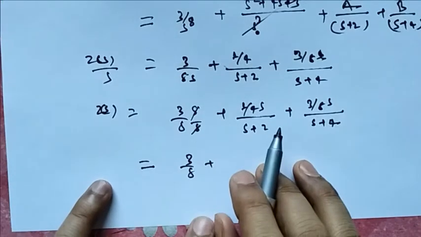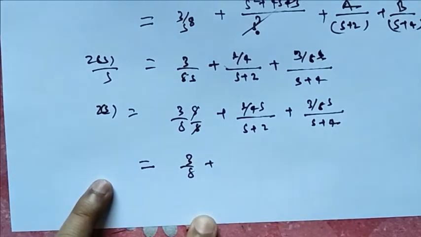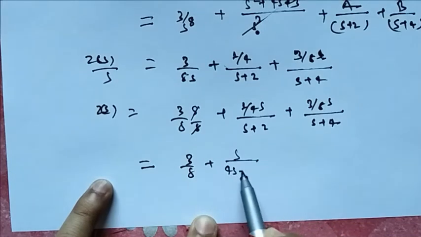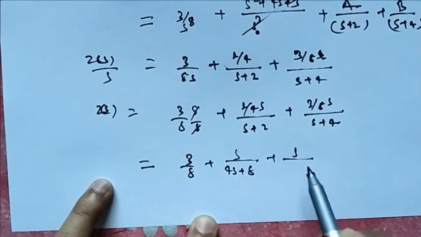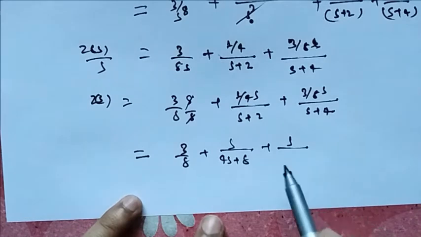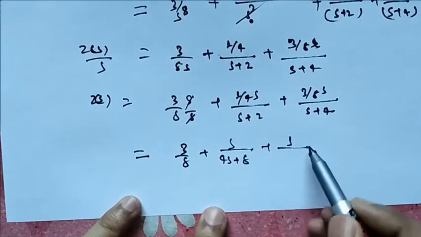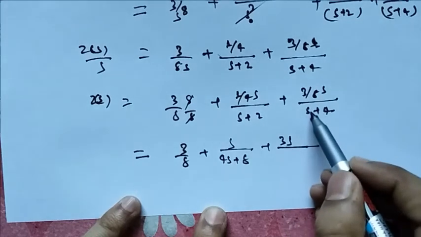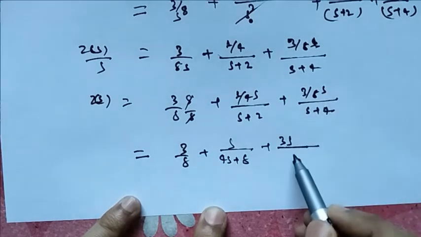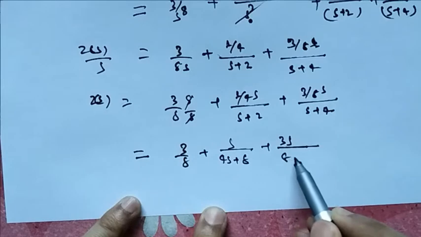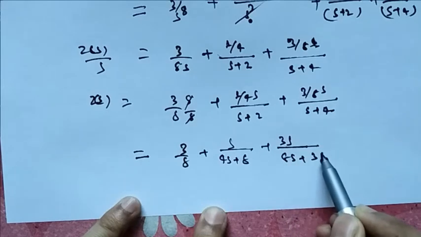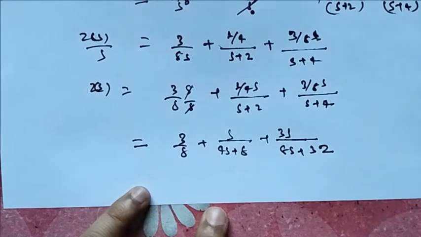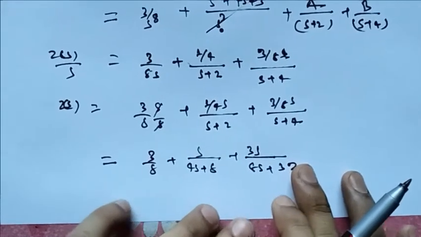Now what it is going to be, 3 by s, it is going to be s by 4s plus 8, and it is going to be s by 3s by this 3 will this 8 will cancel. Now we are left with 8s plus 32. So this is the simplified version of the expression. Now this is your Zs form.